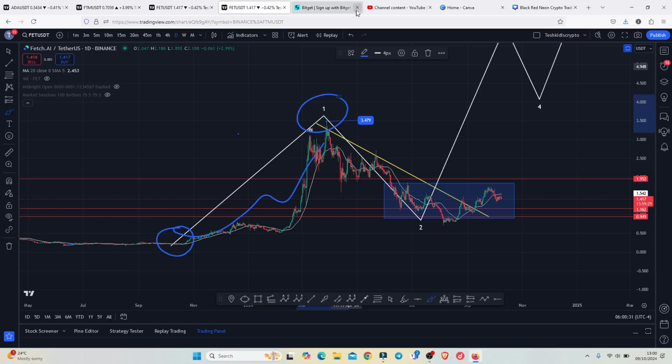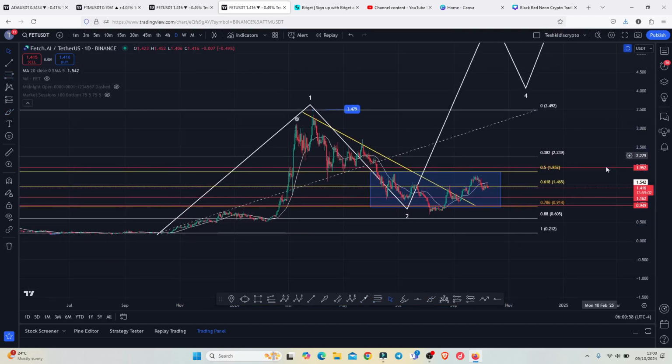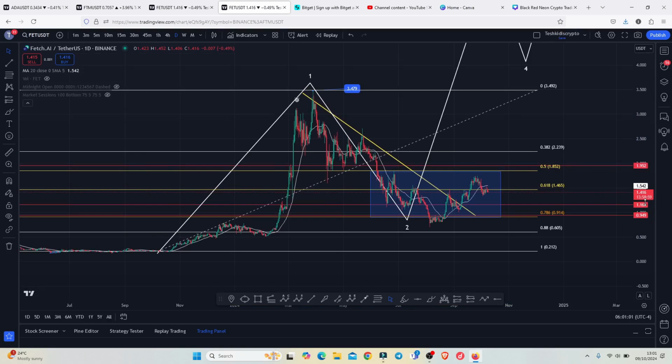And after we peaked in that Elliott wave count 1, I was expecting to see a bit of a short-term corrective structure in the formation of this larger Elliott wave count 2 into the minimum target areas for the second wave, highlighted on the charts using this blue target area, an area that I came up with using the Fibonacci, connecting the fibs from the low of the first wave to the high of this Elliott wave count 1, giving me a minimum pullback target area for the second wave between the fib level 0.5 and the fib level 0.78, and that is between the $1.852 and the $0.914,